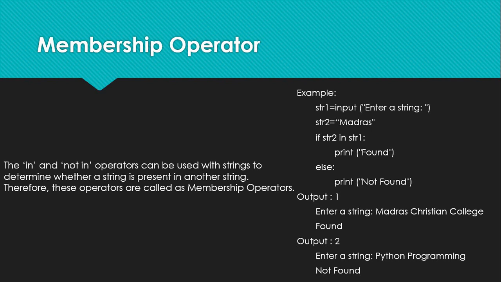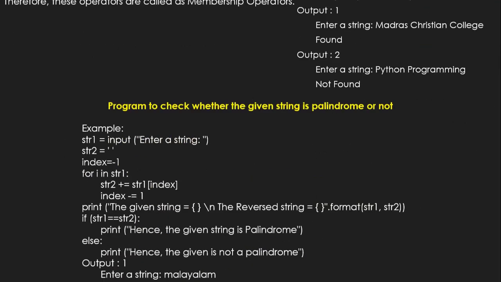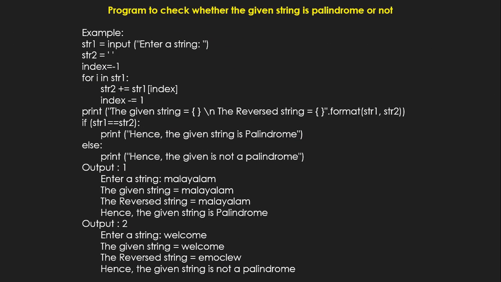Okay, so in and not in are two membership operators which are used in strings and are so flexible that you can almost use them to find whether a given string is present there in the main string or absent there in the main string. Now look at this example.